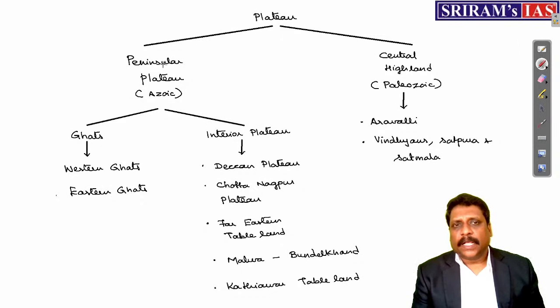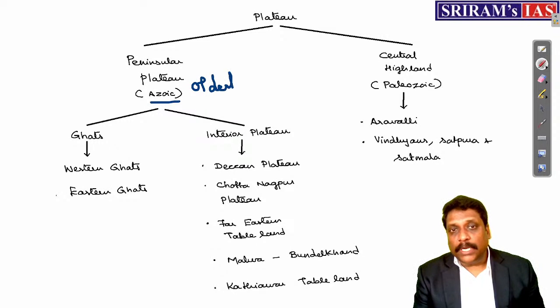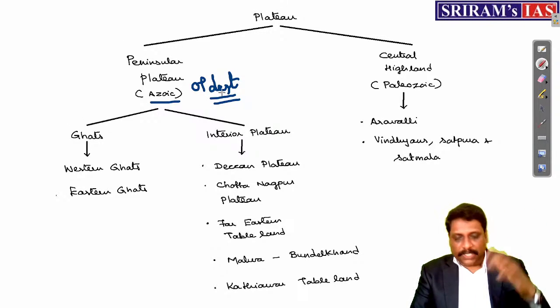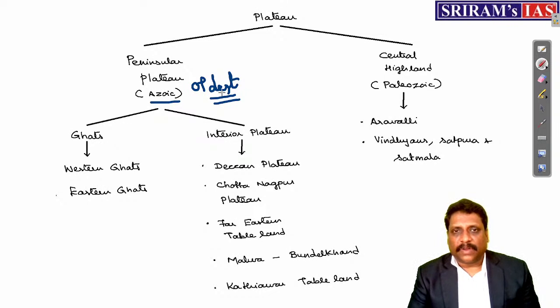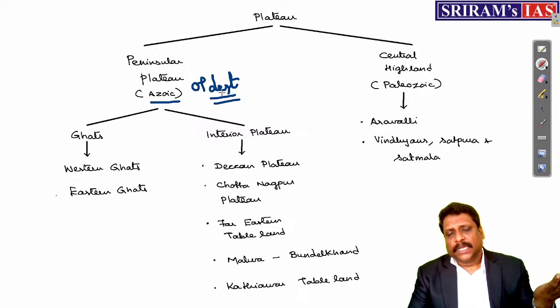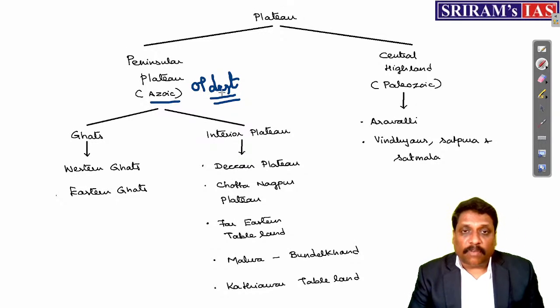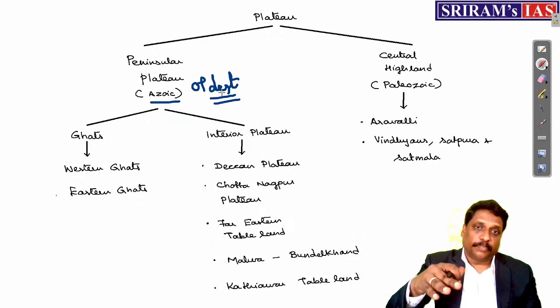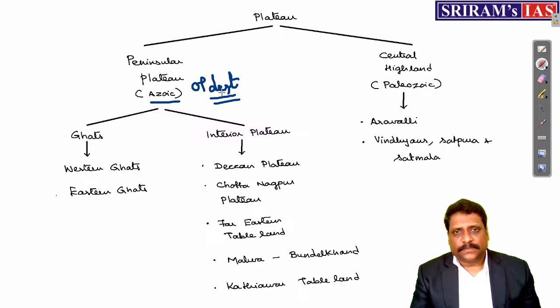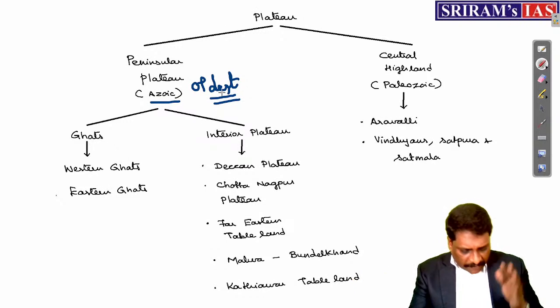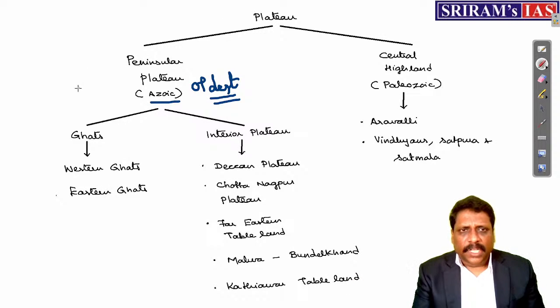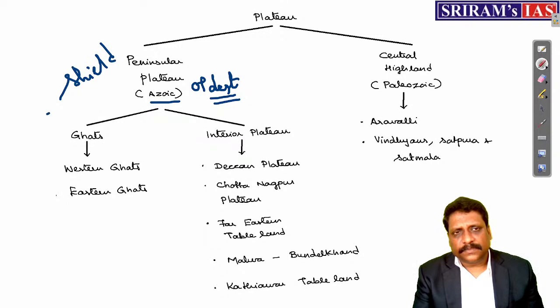Now, when I talk about this peninsular plateau, it belongs to the Azoic era. It means these are the features which belong to the oldest structure. Deccan Plateau, we say oldest structure, one of the oldest rocks that we have in the Indian landscape, not only in India. This is one of the first landform features that had its development during this Azoic era. When the proto-Earth started solidifying, the first formed landforms, very popularly we call them a shield.